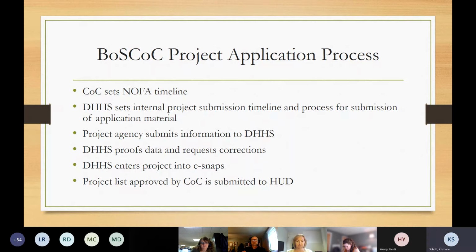So once all of that is done, if you are a new project looking to submit information, it is submitted to the Bureau of Housing Supports. We review it and we submit it to,